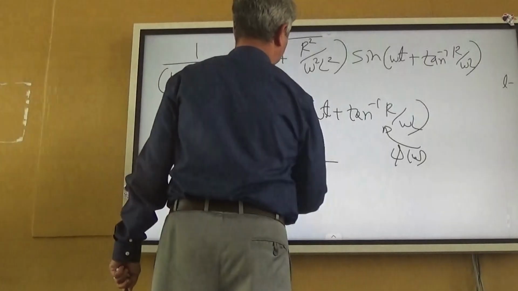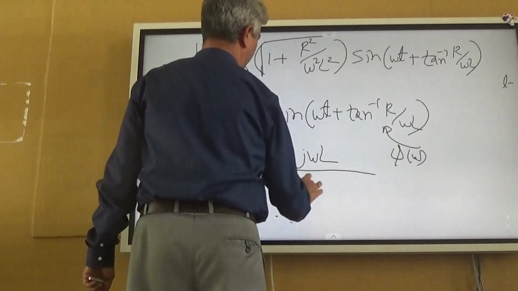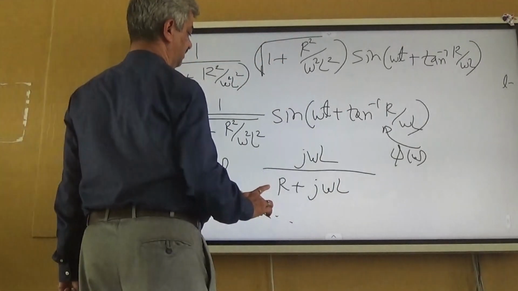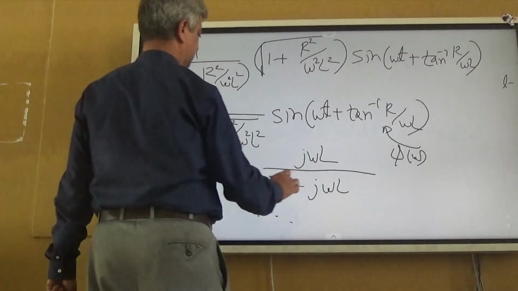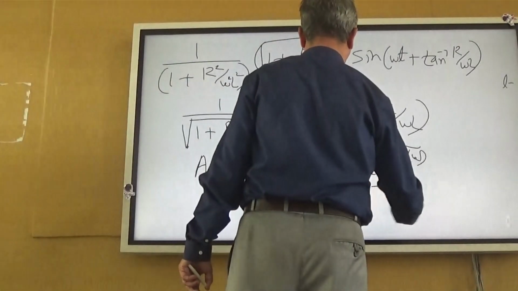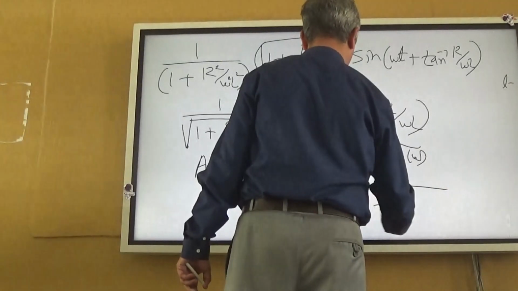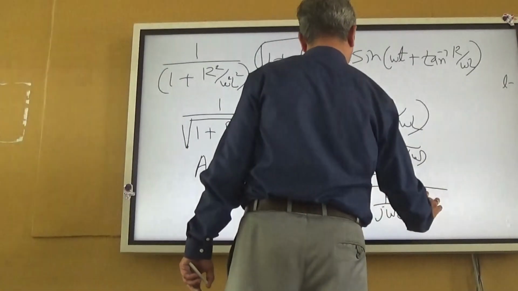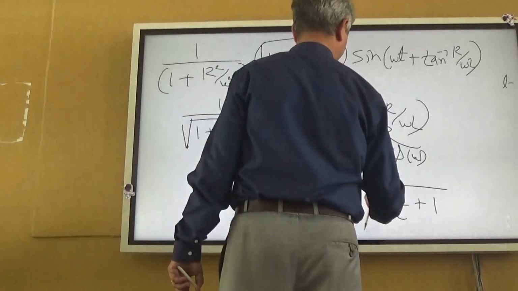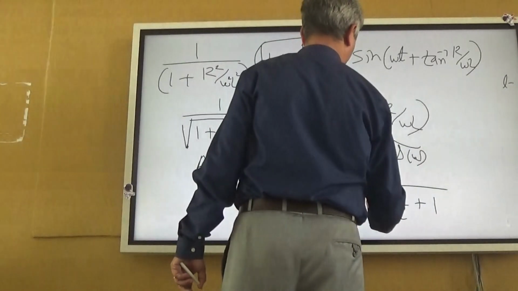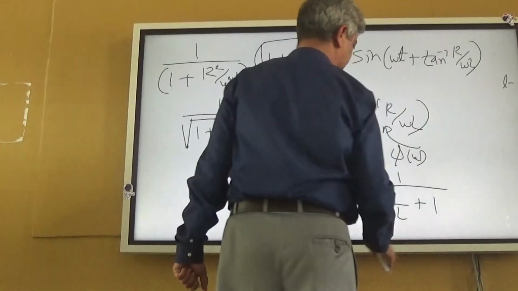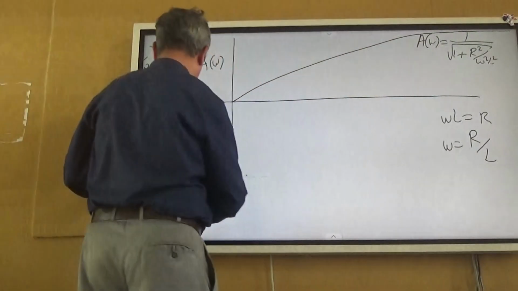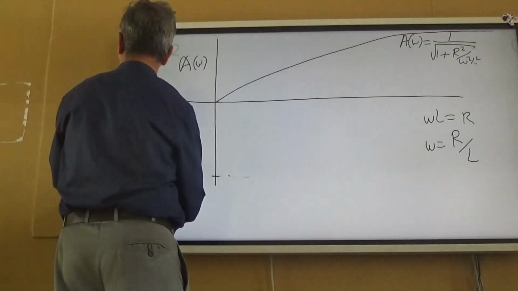jωL upon R plus jωL, multiplying by this, 1 upon R by jωL plus 1, minus. Okay, anyway, right now if some calculation mistake is there, let it remain. 1 upon